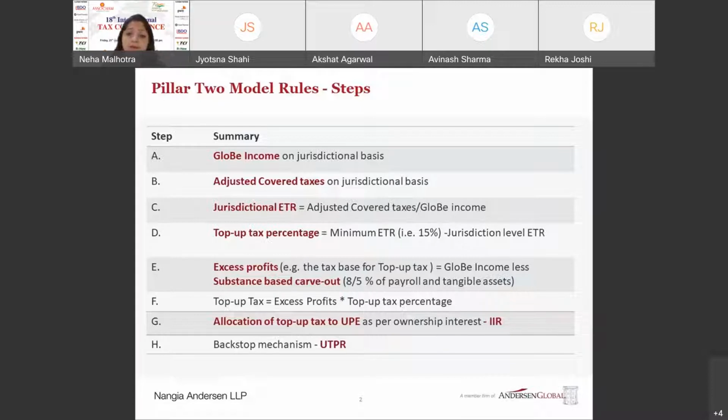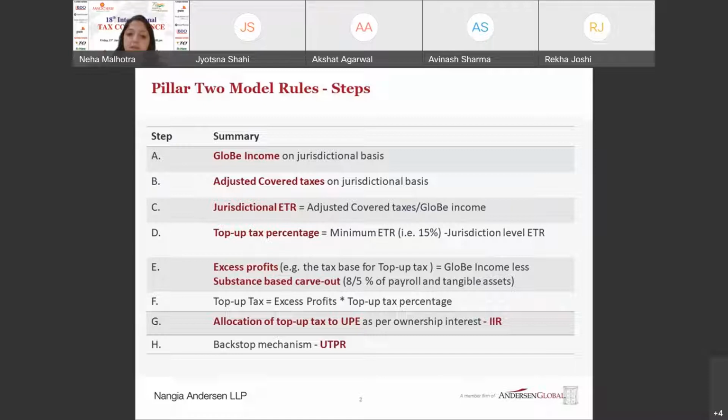And this will then help you achieve the top-up tax percentage. So there is a minimum ETR that we know, a 15% minimum effective tax rate that a jurisdiction should bear. And if the jurisdictional level effective tax rate is lower than that, then there will be a difference which will be called the top-up tax percentage. This top-up tax percentage will be multiplied by the excess profits to arrive at the top-up tax amount that has